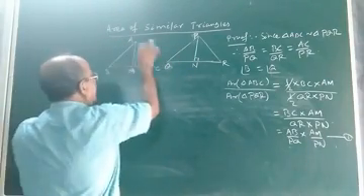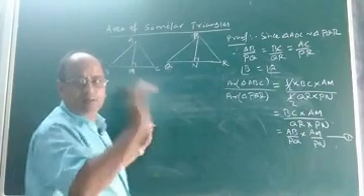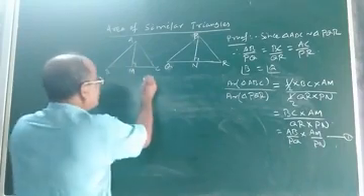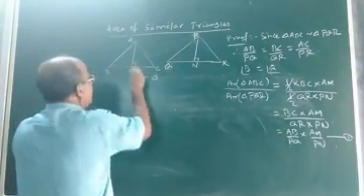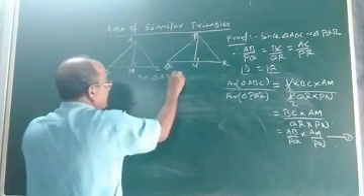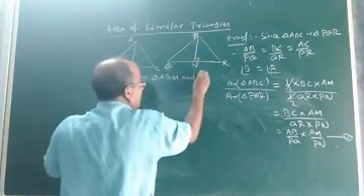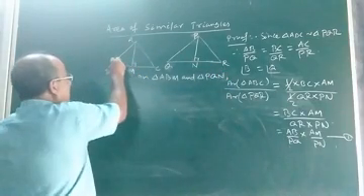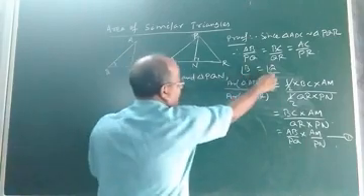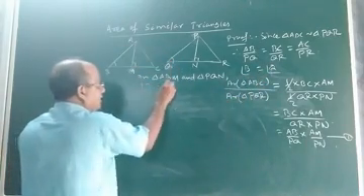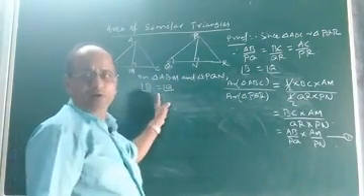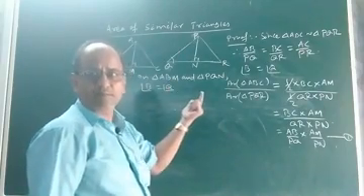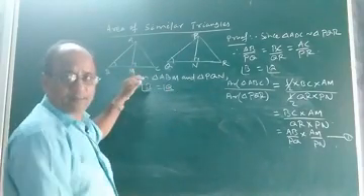So in order to prove that triangle ABM and triangle PQN are similar, let us find the matching parts which will decide that they are similar. So the next step is in triangle ABM and triangle PQN, let us find the matching parts. Look, children, already we have proved that angle B equal to angle Q, because they are the corresponding angles of the two similar triangles ABC and PQR. Now another pair of matching parts.